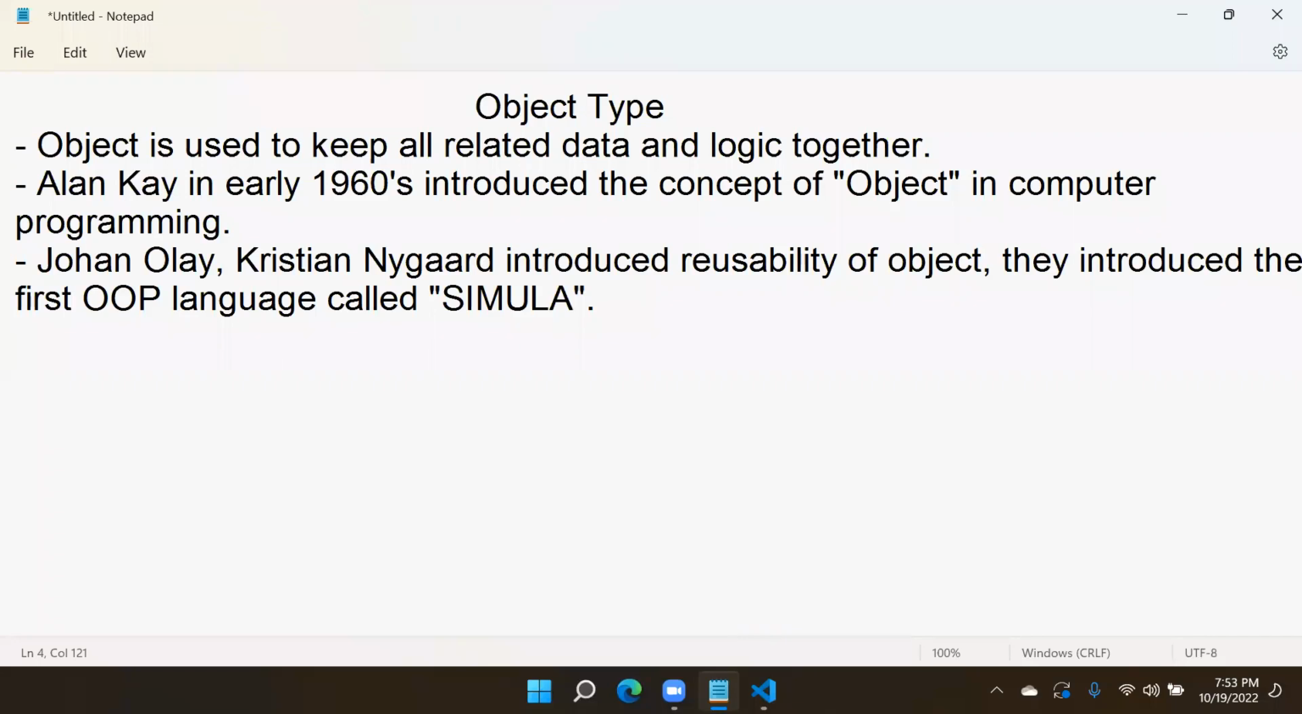After that, C++ in the 1970s made OOP concepts familiar. After that, Java, .NET, all other technologies started using these concepts. Many people think C++ is the first OOP language. But before C++, the first OOP language was Simula. And the main concept was objects, reusability, separations, all these were there. So the key concept is all related data must be at one place so that it is easy